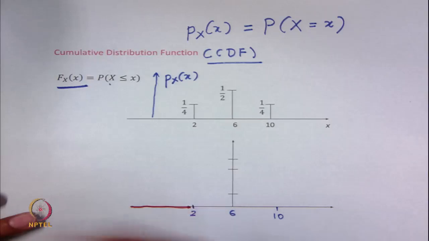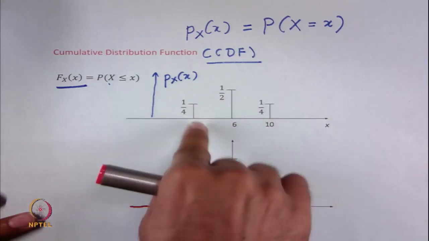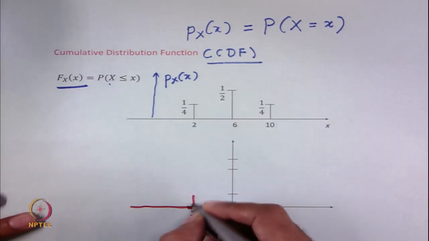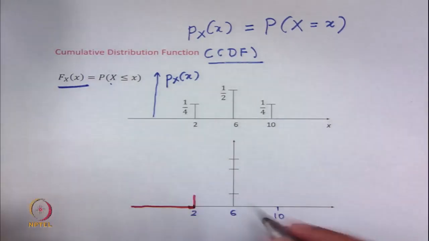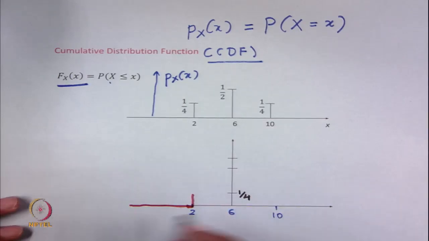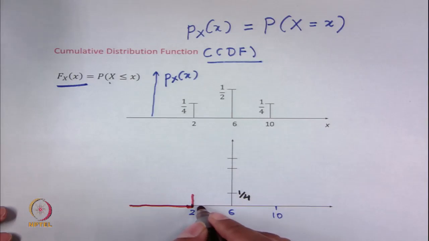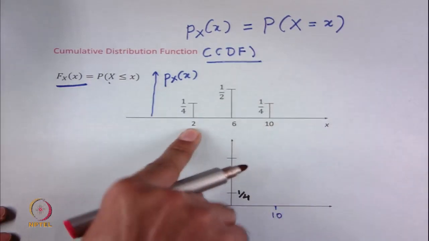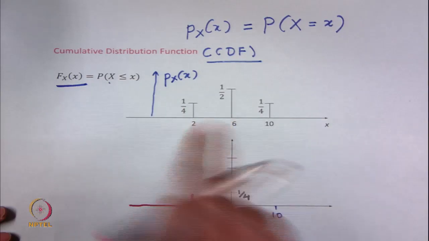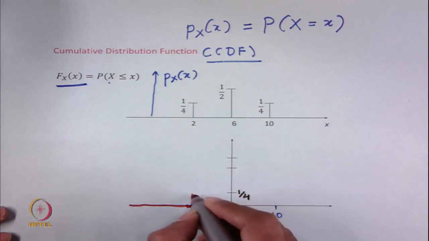So, I can draw a 0. What is the probability that this random variable takes a value 2 or less than 2? It cannot take any value less than 2, but at 2 the probability is 1 by 4. So, it goes up to 1 by 4, let us say this is 1 by 4. Okay. What is the probability that this random variable takes a value less than 2.1? It is also 1 by 4, because it can then only have a value 2, it does not have any numerical value between 2 and 6. So, the probability between 2 and 6 remains constant,